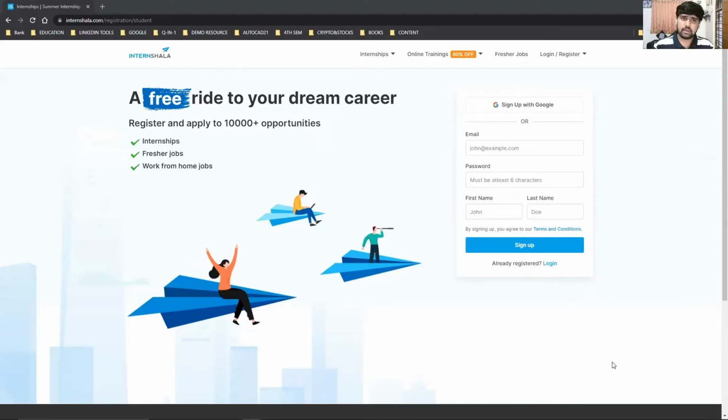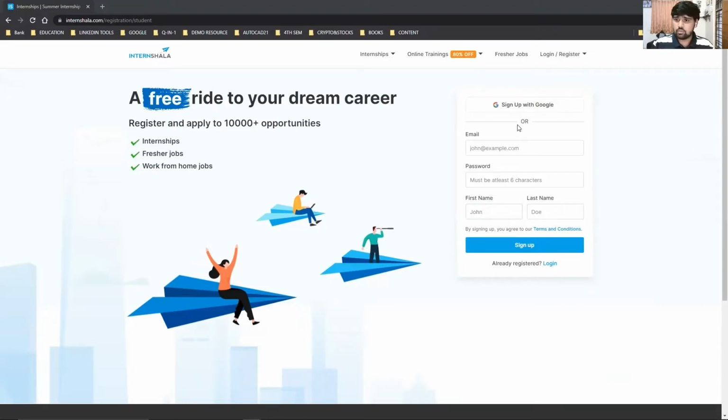you through a step-by-step guide on how one can use Internshala and get a chance to do an internship with the various companies out there. You can also find many work from home opportunities there, and also fresher jobs for those who have just recently graduated. So what is Internshala? Internshala is a website which offers internships, fresher jobs and work from home opportunities to all those students and graduates out there. In fact, I also got my first internships through Internshala itself.